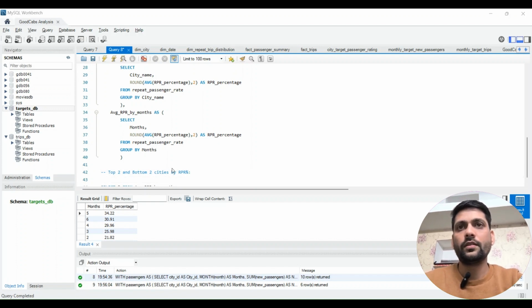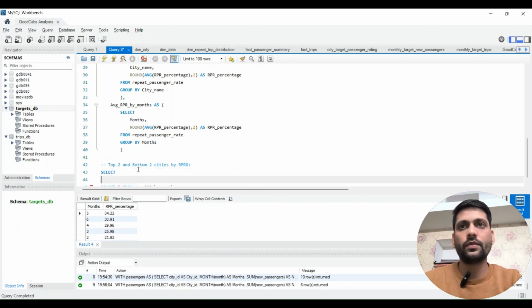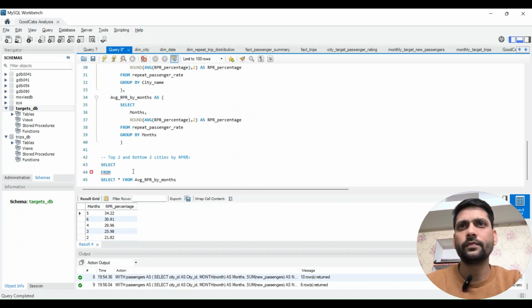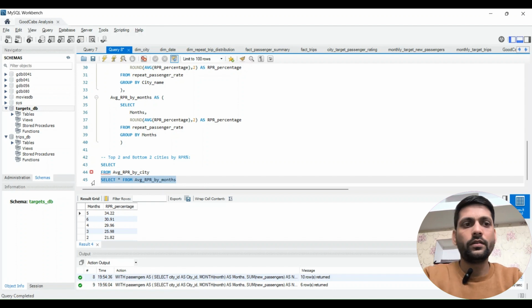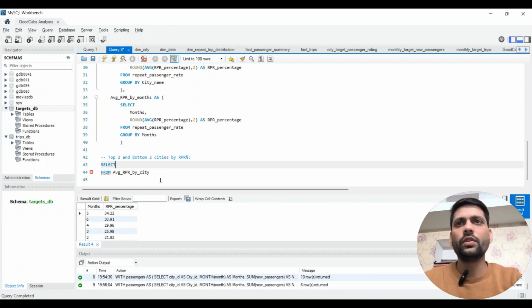Okay, so let's write this. We are going to write select from. Which table are we going to use? We need to get info from the city table only, repeat passenger rate by city only. So average rate, here it is from city. Let me remove this. And what information do we need here? We need the city name. So I'm just going to write select all, because we have 2 columns only